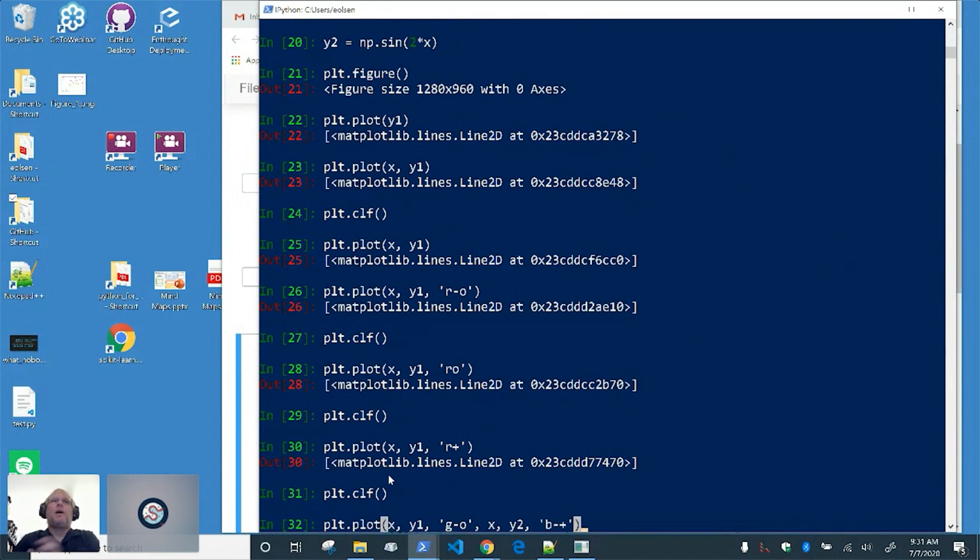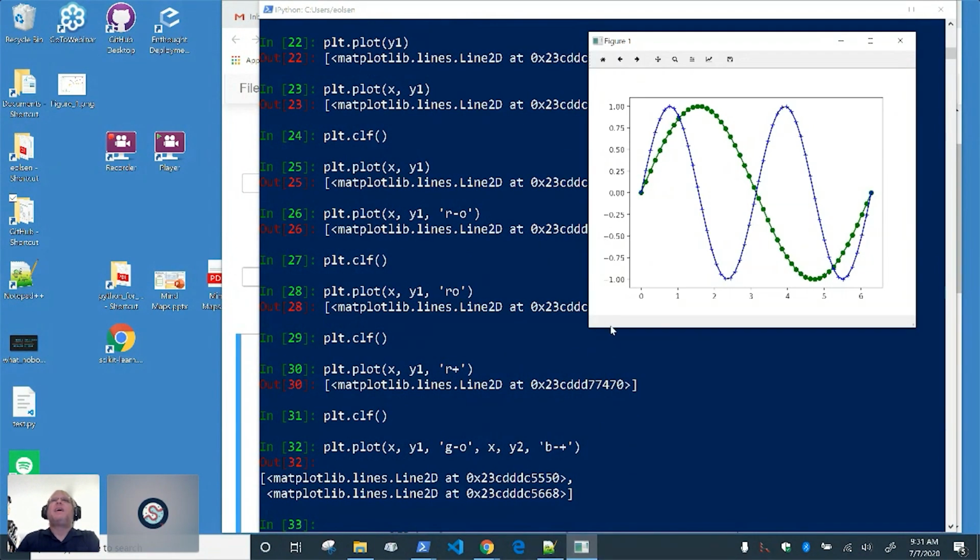And so I can basically, having these triplets of X, Y, and format, plot as many things on the same figure as I want and just overlay them on top of each other. So X and Y1 is green with the formatting we specified, and X and Y2 is this blue line, again, with the formatting we specified. Okay, and you can see that the period of sine of 2x is basically half that,